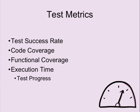Really keep an eye on the execution time of the tests. Let's take, for example, unit testing. The unit tests run in the continuous integration environment, and as we just learned, feedback cycles are really, really important. You have like 60 people continuously committing on the code base. It's very important to get fast